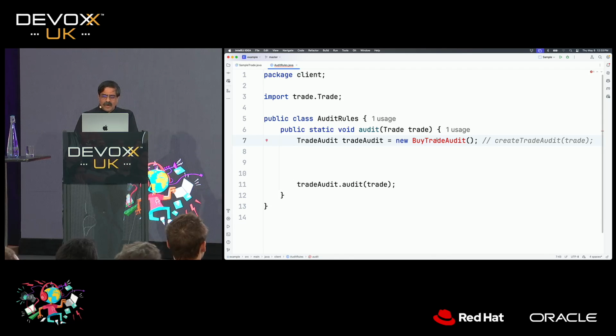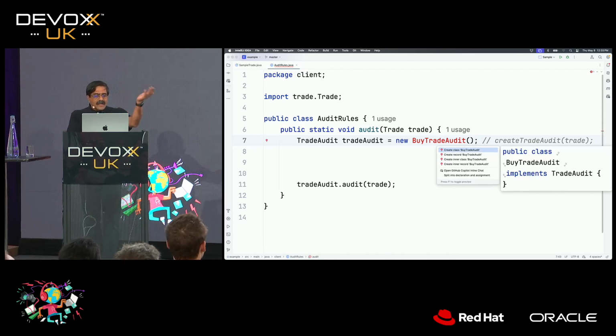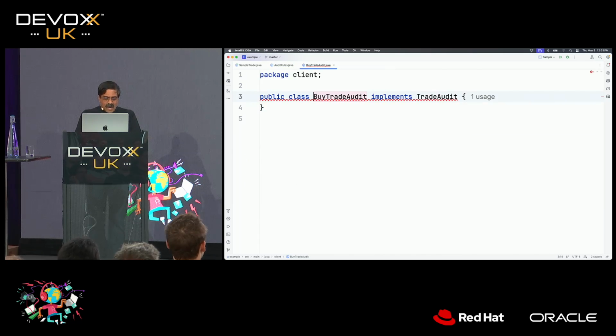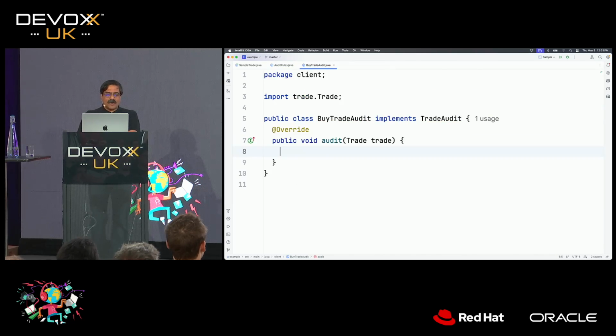So what is a buy trade audit going to look like? So I can create a buy trade audit, and the buy trade audit says, I'm going to provide a function called audit. What do I do in this audit function?